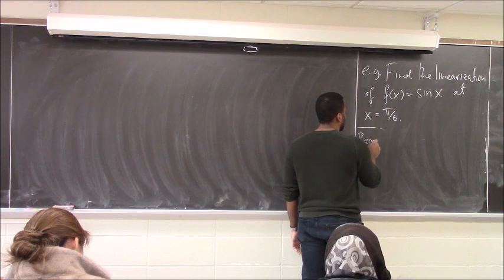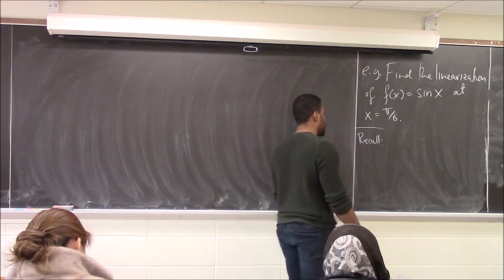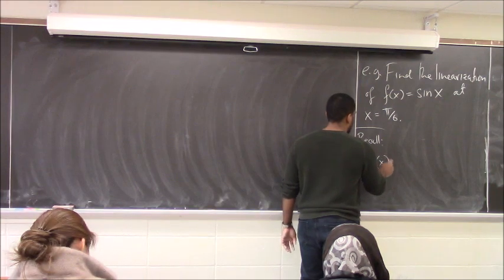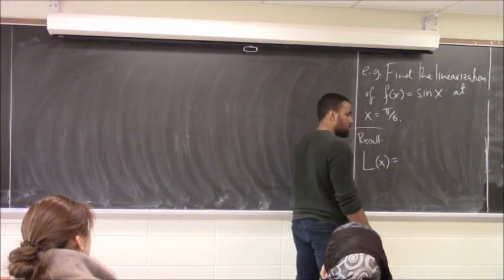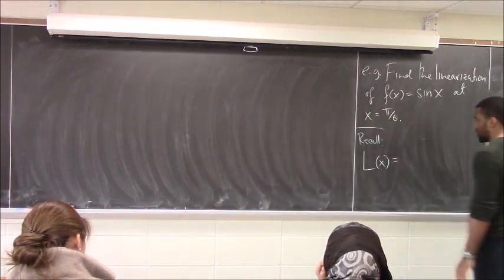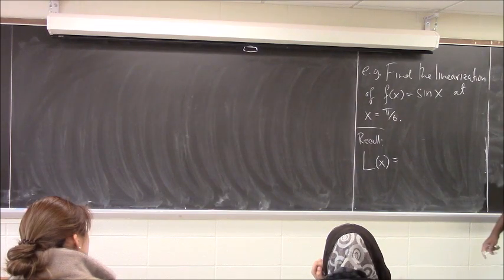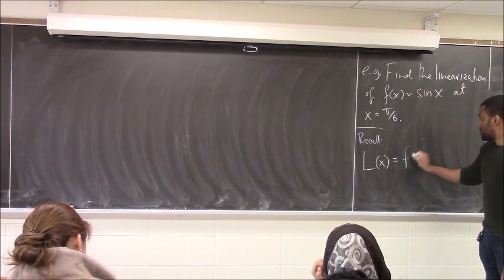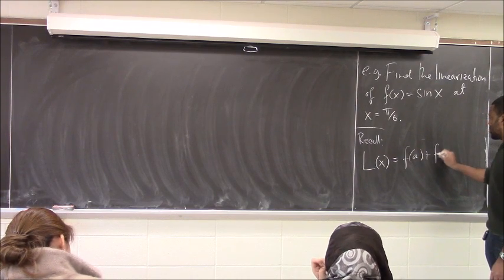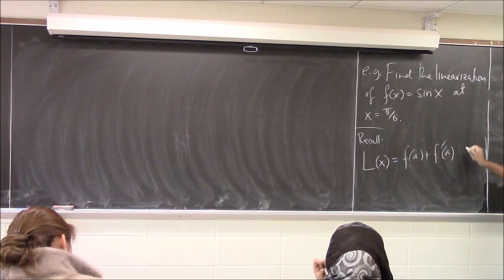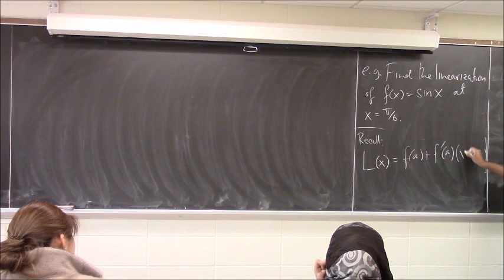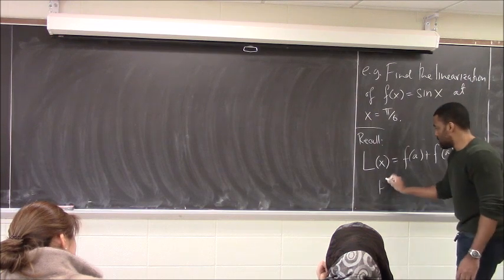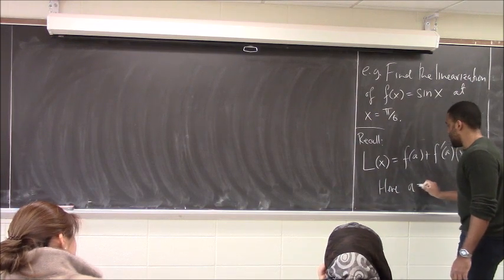So recall, we just did it a few minutes ago, but the linearization is the function big L, which is equal to what? The general formula: f of a plus f derivative of a, evaluated at a, multiplied by x minus a. That's the linearization formula. And here, our a is